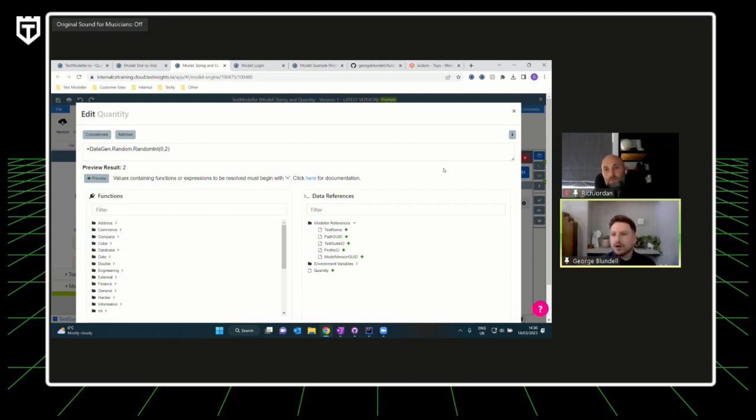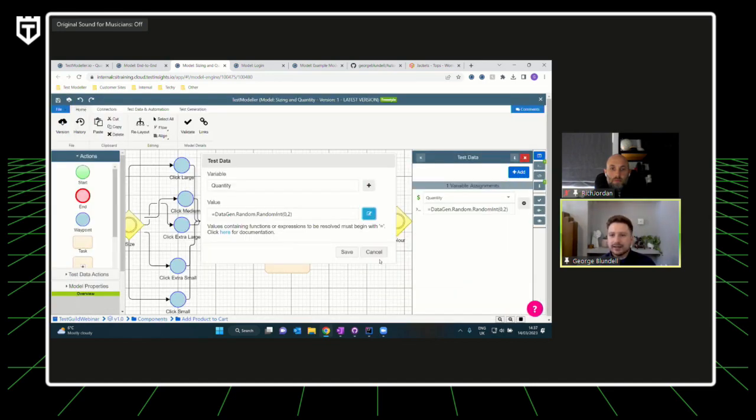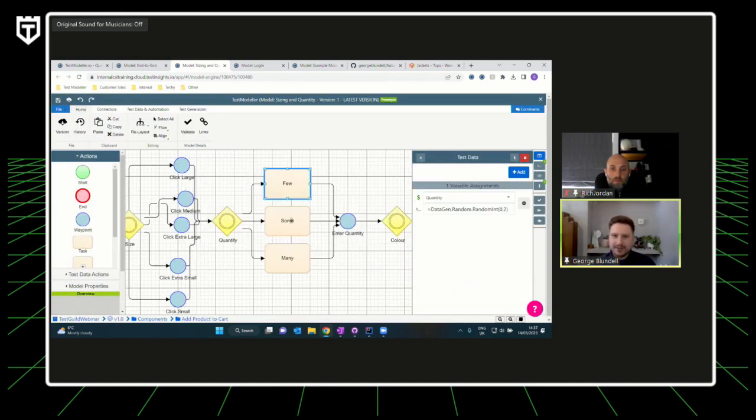For example, another tester might have come in and run 200, 300 UI tests or API tests, and they've used your data. That's going to be stepping on each other's toes. The advantage here is that we are generating that data on the fly, which allows you to populate your automation scripts pretty much automatically. So for few, I've done between 0 and 2. For some, 2 and 3, many, 3 and 4, for example.